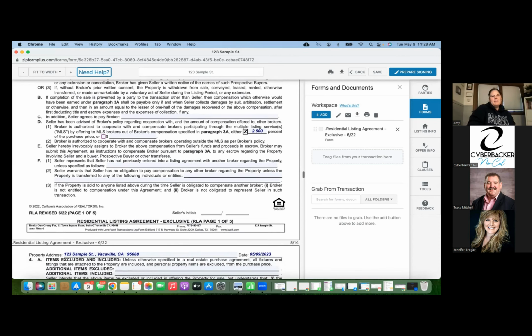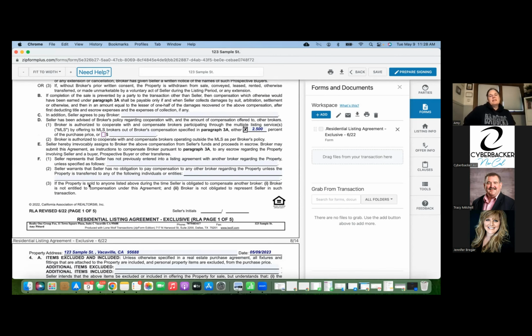All right. Seller F is: seller represents that seller has not previously entered into a listing agreement with another brokerage regarding the property unless specified as follows. So if there was a previous listing agreement, we need to note it there. The seller warrants that seller has no obligation to pay